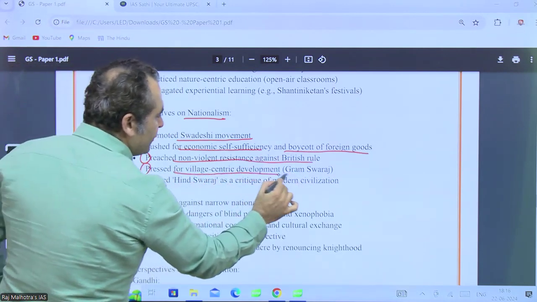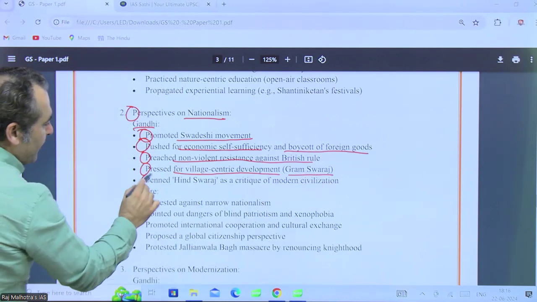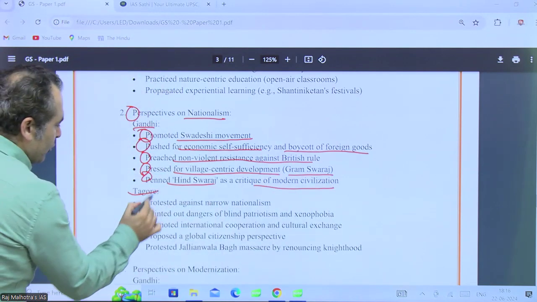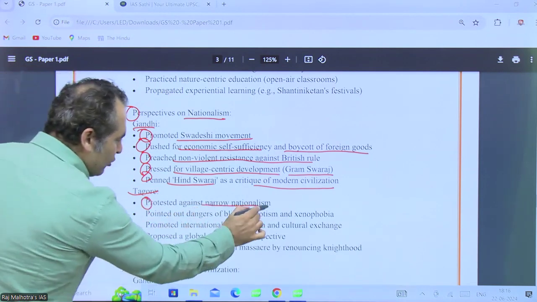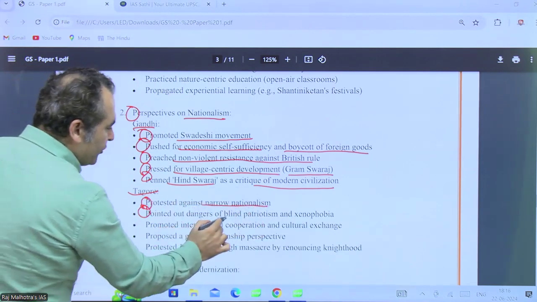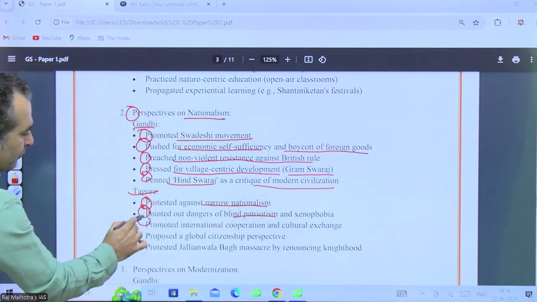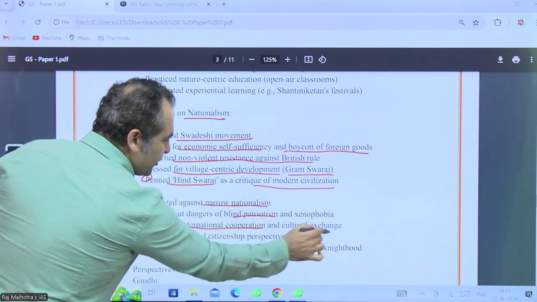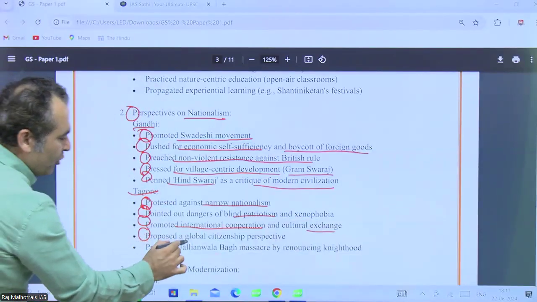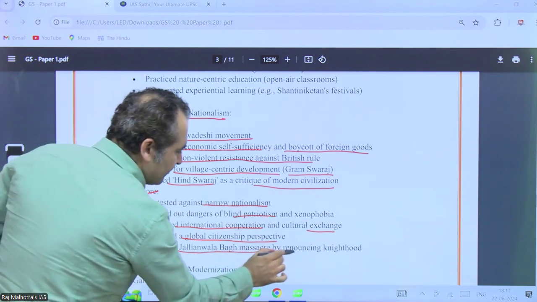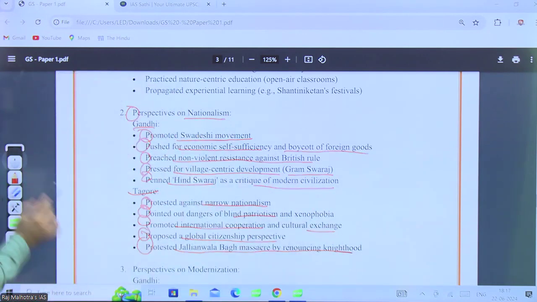for village-centric development, Gram Swarajya, penned Hind Swaraj as a critique of modern civilization. Tagore protested against narrow nationalism, pointed out dangers of blind patriotism and xenophobia, promoted international cooperation and cultural exchanges, proposed global citizenship perspective, protested Jallianwala Bagh massacre by renouncing knighthood. Then